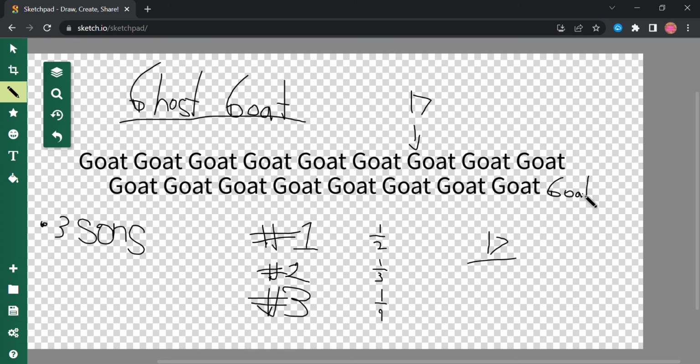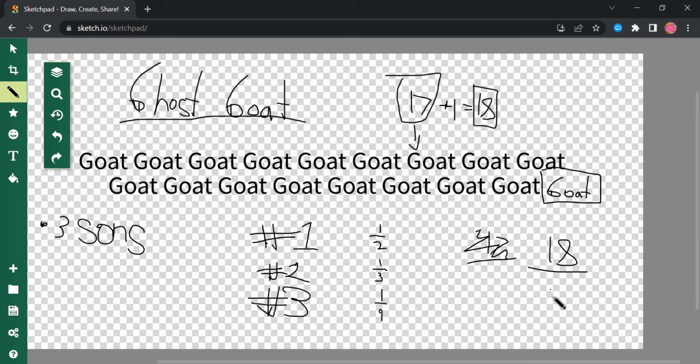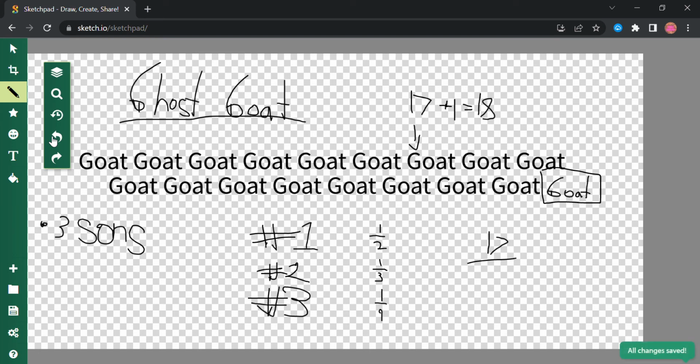It'll be a goat. But anyway, this is the extra ghost goat, which makes 17 plus 1 equal 18. But they only had 17 in the original, but now they have 18 if they add a ghost goat. And if we realize 18 is divisible by 2, is divisible by 3, is divisible by 9. But in the end, there was nothing wrong. Because,